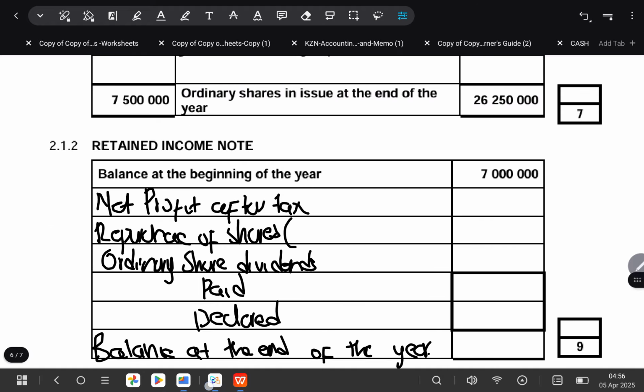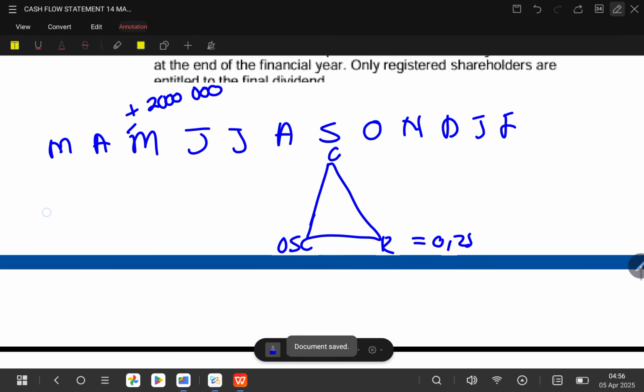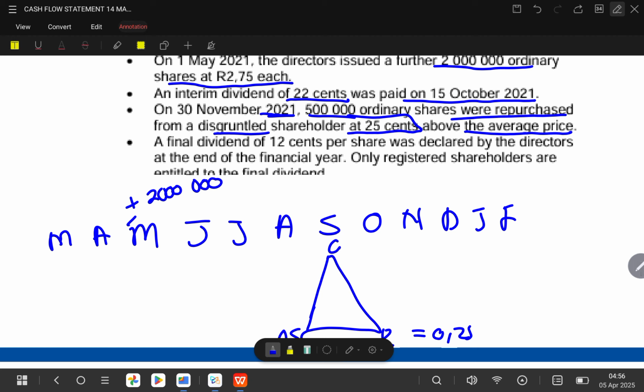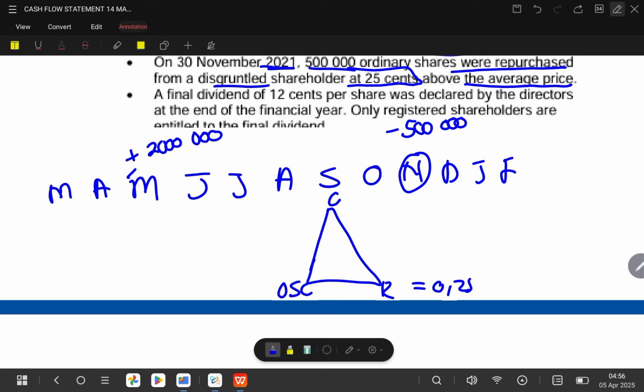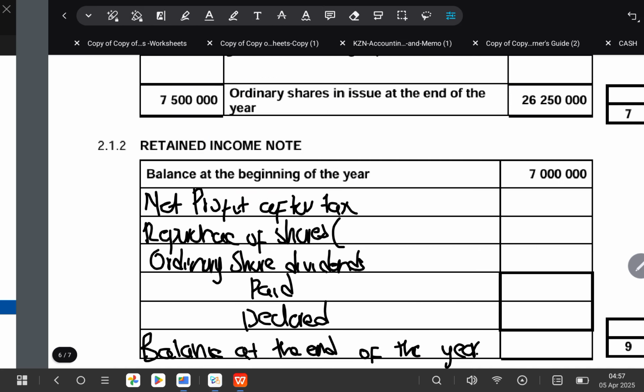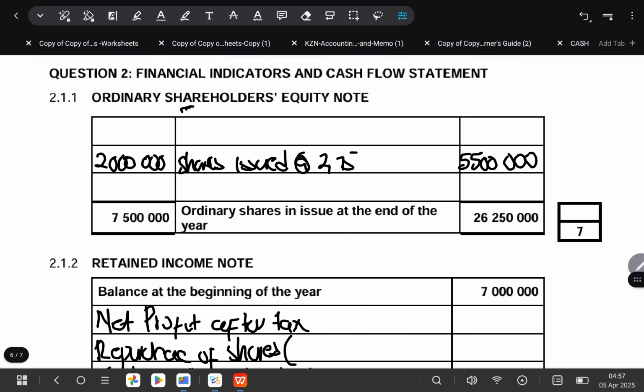So now, as soon as you get information, you try to insert it so that you don't forget. So let's check how many shares were repurchased. They said they repurchased 500 ordinary shares in November. So here it will be minus 500,000. Okay. Now it means we also need to indicate this information in our ordinary share capital note. So we'll say minus 500,000, and then we'll say here repurchased